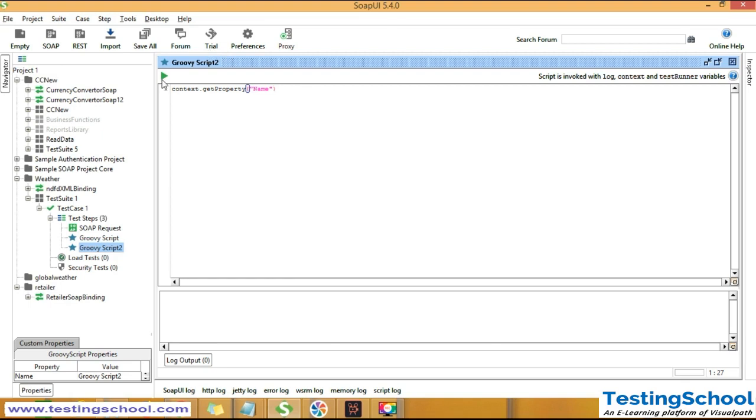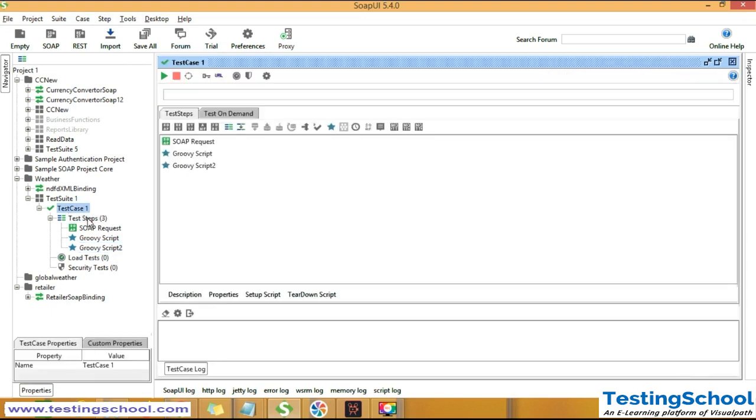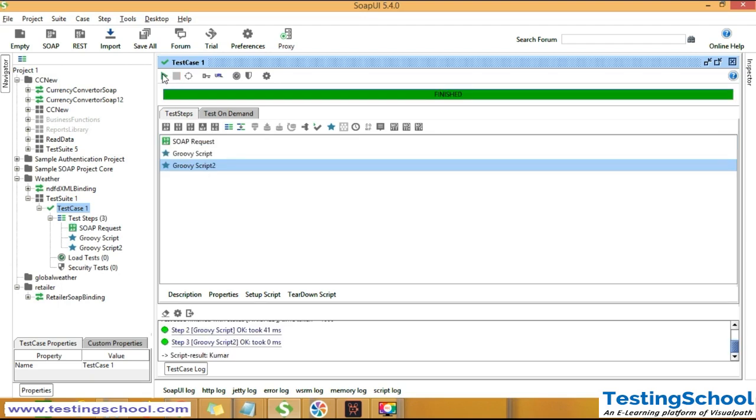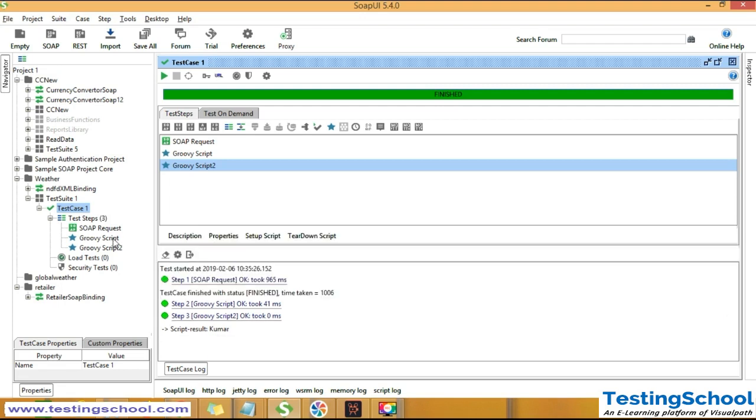If I run this, nothing will happen because I am running the individual step. But when I run the entire test case 1, it will execute step by step. First it will execute the SOAP request, the SOAP request Groovy script, after that Groovy script 2. When we execute at test case level, then it will work and return the result Kumar,